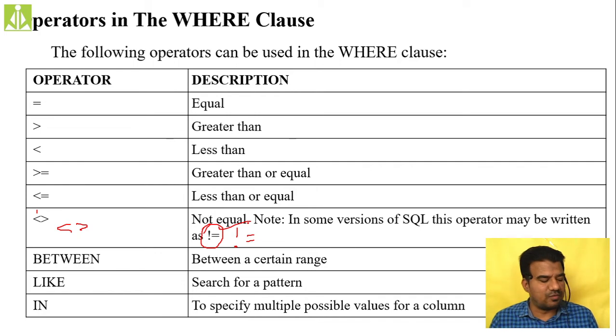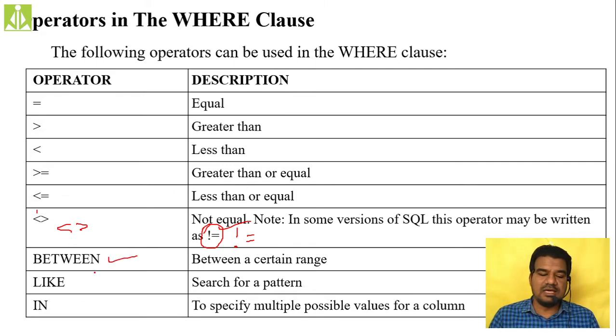Hopefully you understood. To give a range of values from which you want your SQL query to be satisfied, let us say I want all the employees whose age is between 30 to 40 years. Then we have to go for this between operator. Between, in the sense, we will be giving a range over there, between 30 to 40.